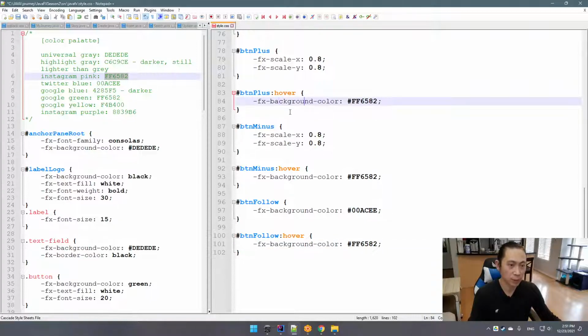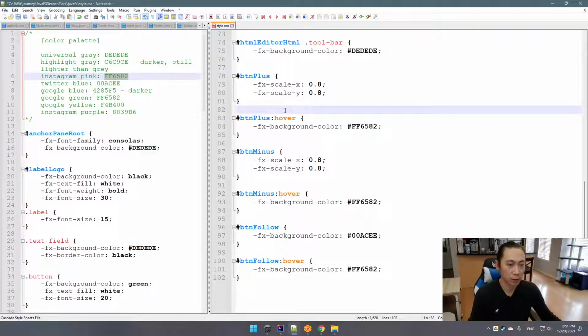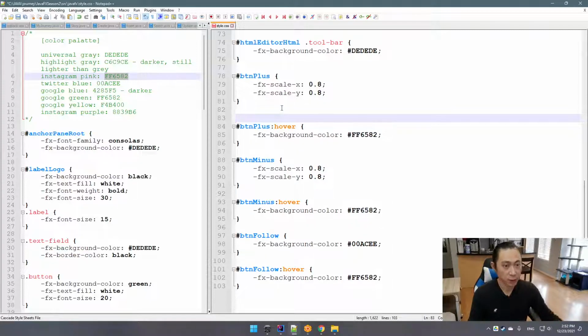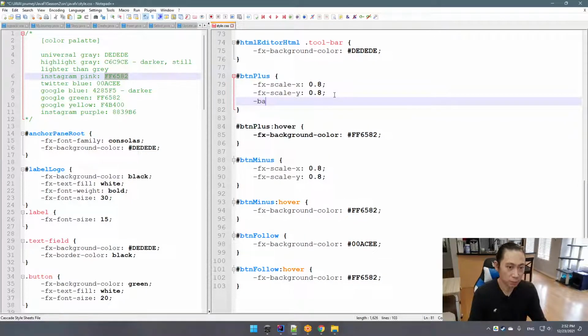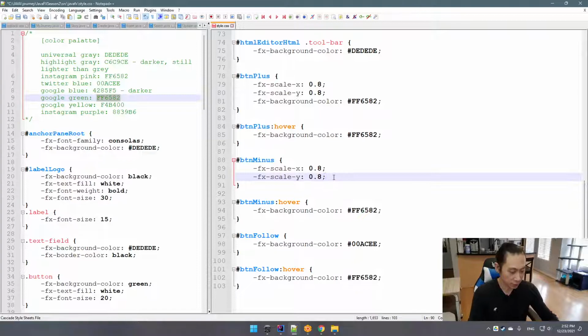Okay, so that's the background, that's the hover. Then we're gonna say the plus. The plus we're gonna use Google Green. So let's say scale, and then FX background color. Let's use the Google Green. This one's slightly different, not big different, but yeah, we plug it in, and then the minus sign, we're gonna